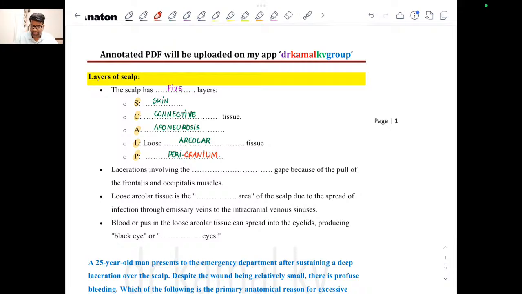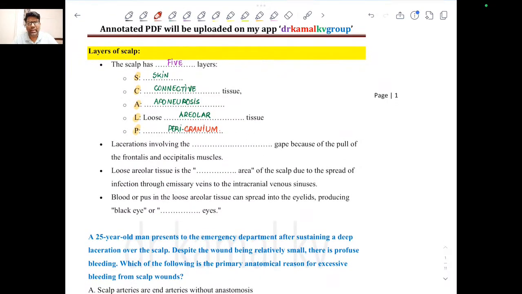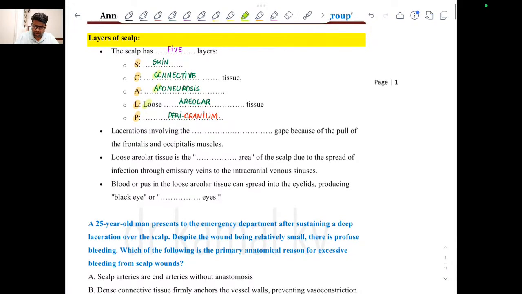Now out of these 5 layers, you have to remember 3 layers importantly. One is the connective tissue, second is aponeurosis, and the third one is the loose areolar tissue. These are the 3 layers which you should remember, because most of the time the question is framed on these 3 layers. Now, as far as the aponeurosis is concerned, if there is any injury which involves this aponeurosis, so lacerations involving the aponeurosis,